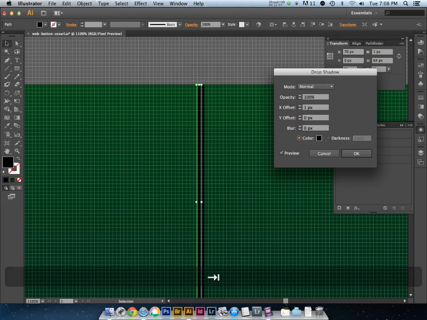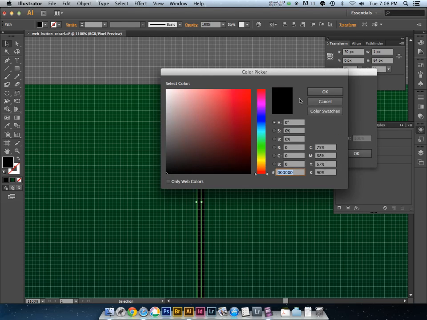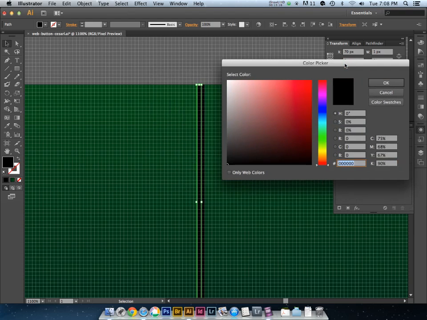And so when I do that, you see now, because this is still black, I have my black fill and I have a black drop shadow, solid 1 pixel. And you can see now with these parameters exactly why it looks like that, right? So I'm going to change the color of this. You might not have it selected if you didn't see that transformation take place. And so the next thing I'm going to do here is select a color,